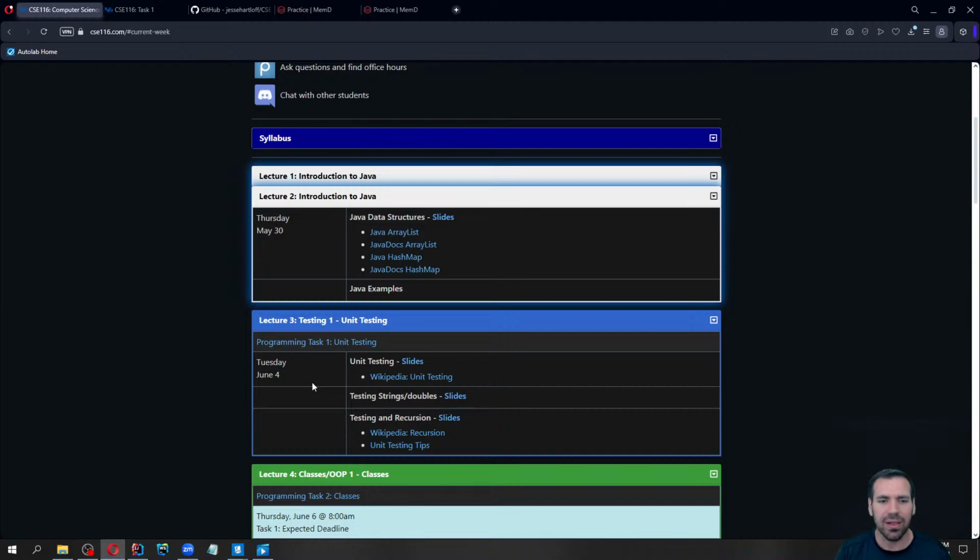And I checked Autolab, and quite a few of you have already finished programming task 1. If that's not you and that sentence scares you, don't worry. I think a lot of those students are retaking the course, so they've already seen the unit testing content, and they're able to get that just fine, and they're waiting for the later content. So don't get scared if that's the case. But I would start working on programming task 1 today, since I'm about to go through how to start it,